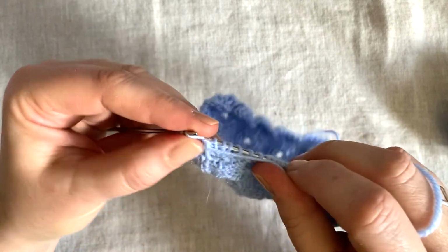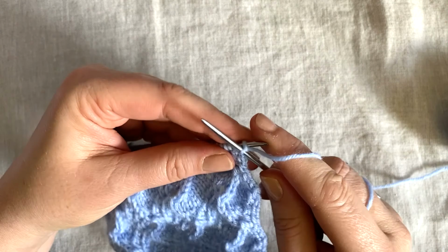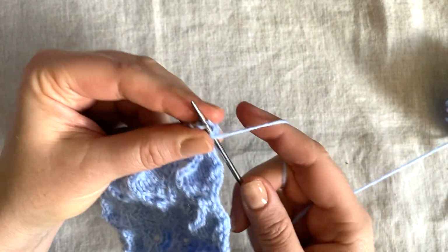Last stitch is a purl 1. Row 5, knit 1 edge, then we knit 1 through the back loop. This is the repeat, so knit 1 through the back loop, yarn over, knit 4,